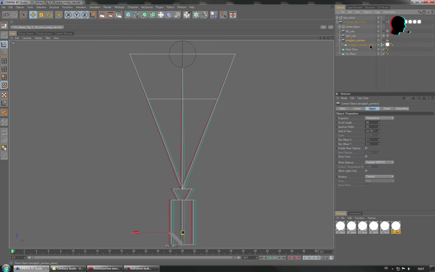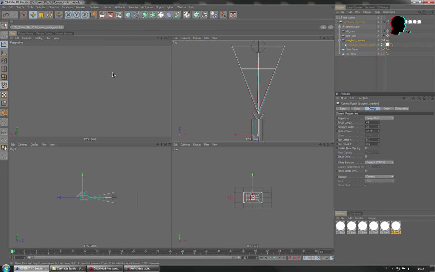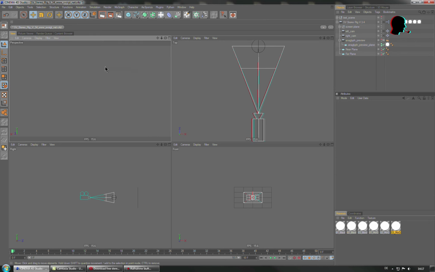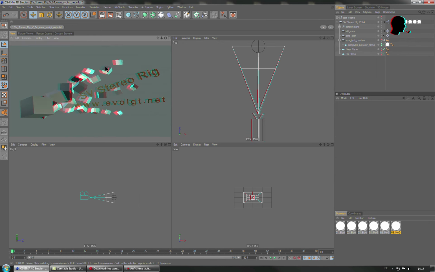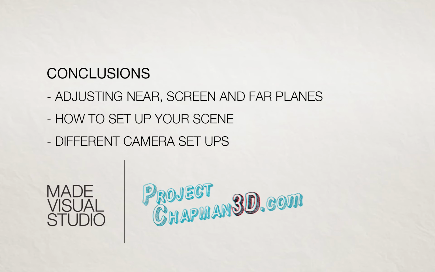When you look through this camera and hit render, right here, you will get a quick preview of your stereoscopic image. In the Material Manager you can choose between 6 different shaders, providing you with black and white, colored and optimized anaglyph. Alright, in this tutorial we've learned how to adjust screen, near and far plane, and also how to